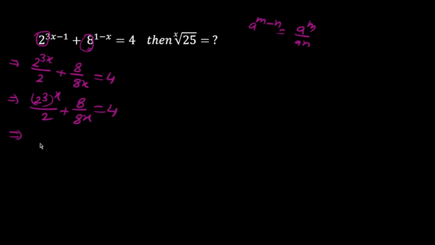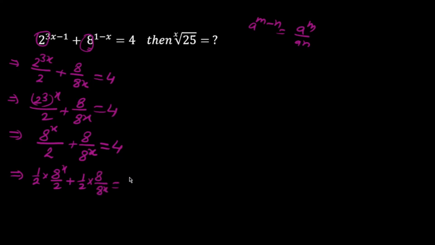This we can easily see has become 8 raised to the power x over 2 plus 8 over 8 power x is equal to 4. Now if we multiply by 1 by 2 on both sides, we get 1 by 2 into 8 power x over 2 plus 1 by 2 into 8 over 8 power x is equal to